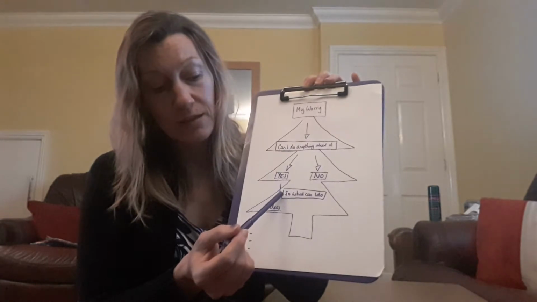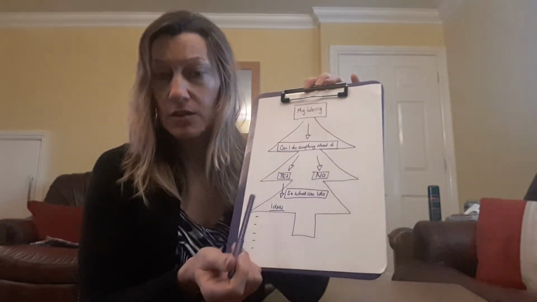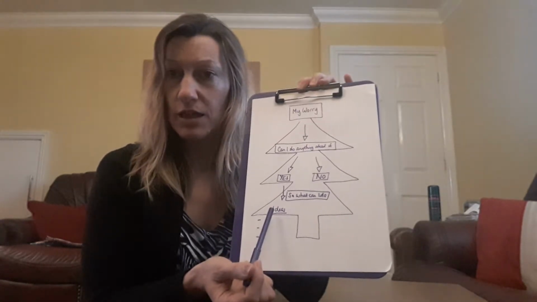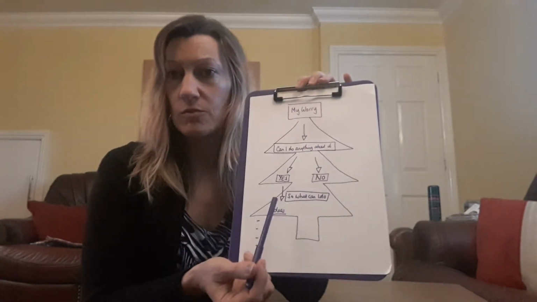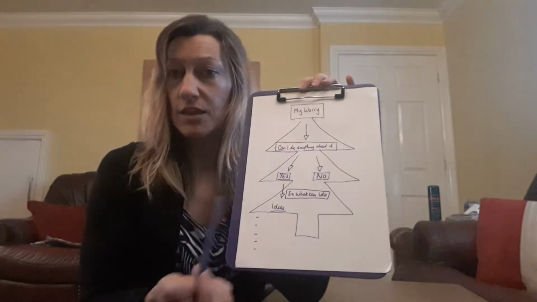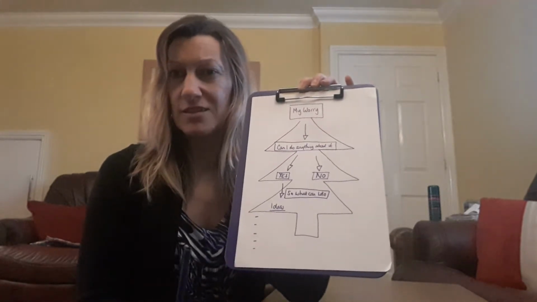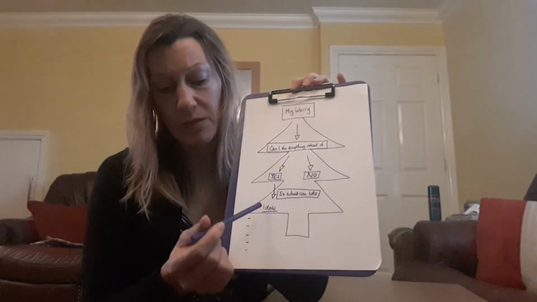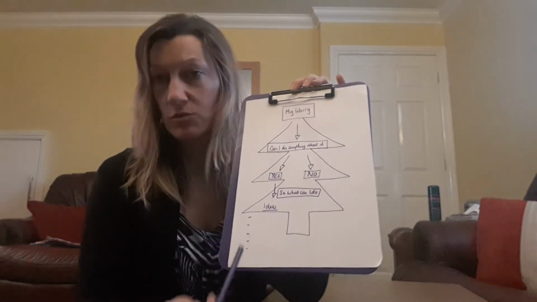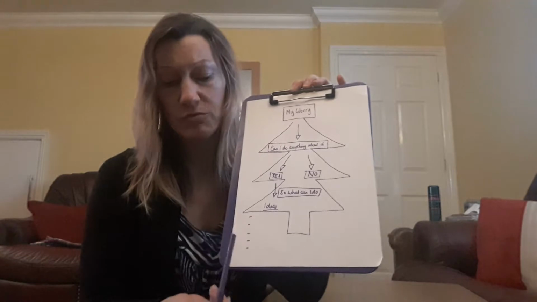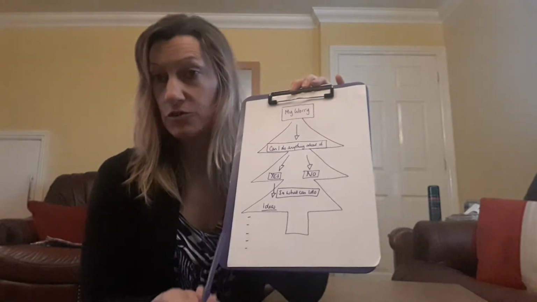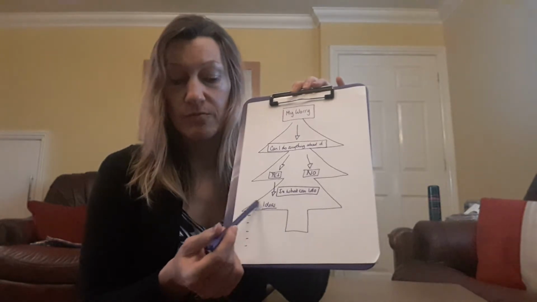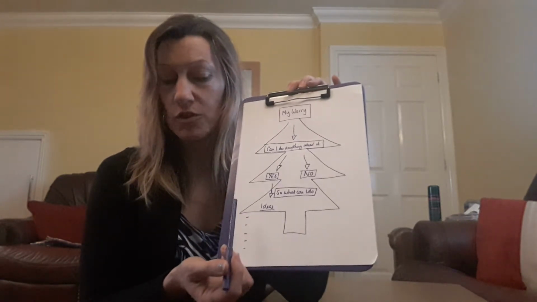If we can, so what can I do? Then we might write down some ideas that we can do with this worry. And it's a bit of a brainstorm. You know, what are all the options? There might be some really good ideas, there might be some ideas that you think, actually, that's not really great. But put them down anyway, and then when we've got them there, we can have a look through and decide which one we're going to try. And once we've tried one, perhaps we can try another. And what it does is it gives us different things to try and makes us feel more in control.